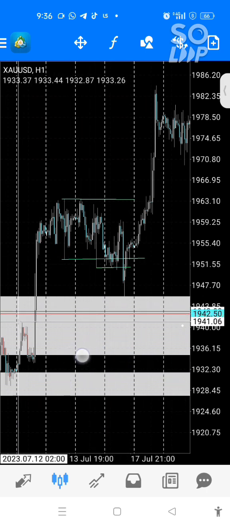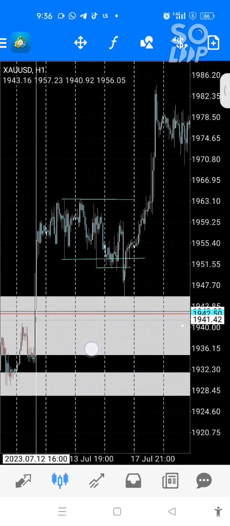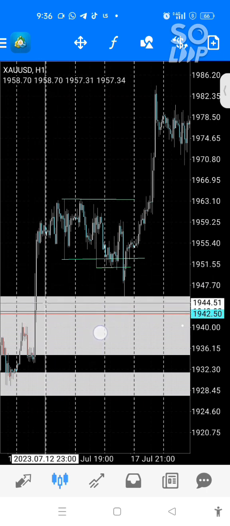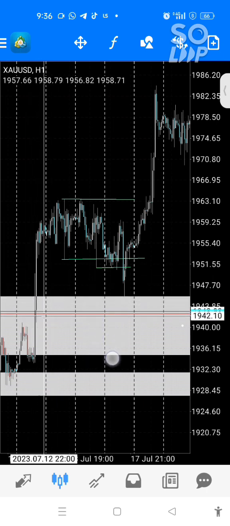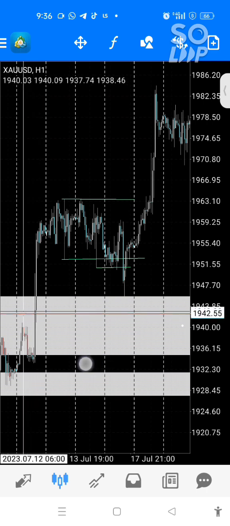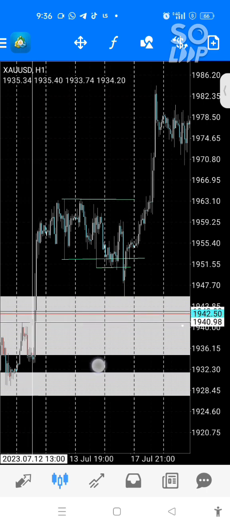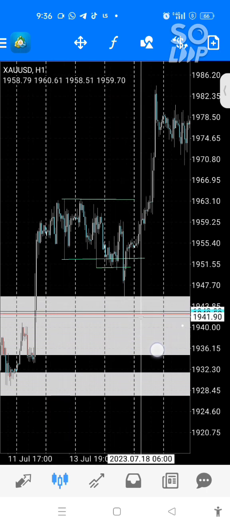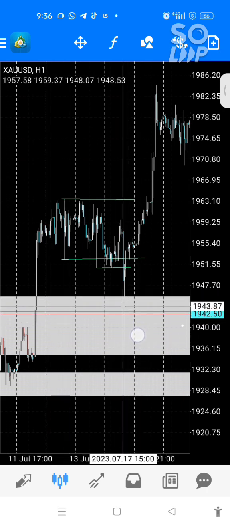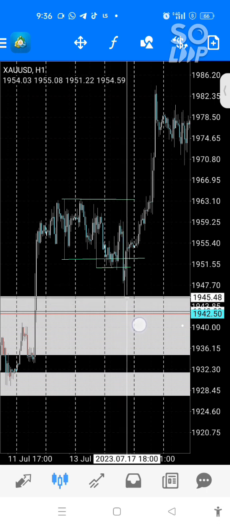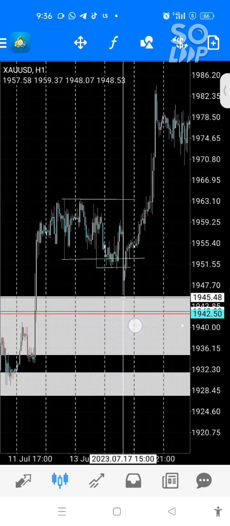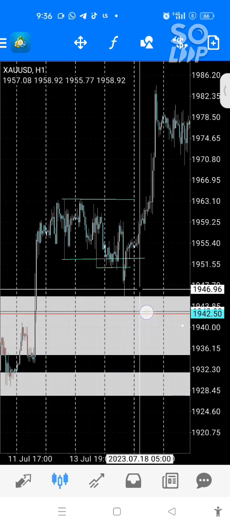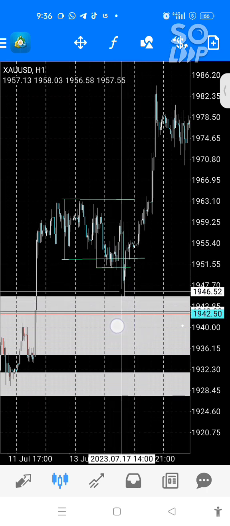Or I'll just go to a 15 minute time frame and look for a swing low to form. Then you put your stop loss. I believe in a 15 minute or 5 minute, this will be a swing low. You put your stop loss below it. Now, from this point to this point, it should not be more than 20 pips. You are not looking at it as, oh, this pip is too much. You are looking at it in terms of RR.